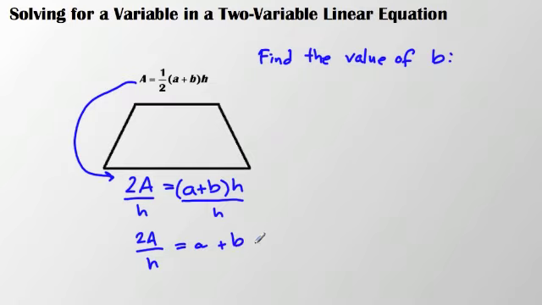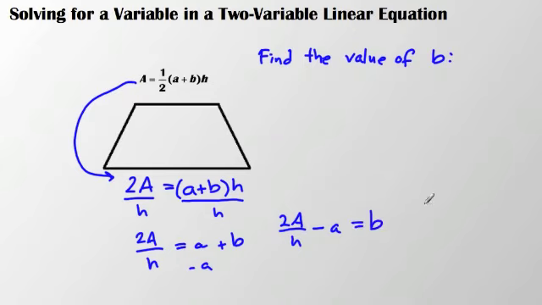Now those parentheses are gone. I can go ahead and subtract the a. I don't want to subtract the b. I'm trying to get b by itself. And then I would get 2A over h